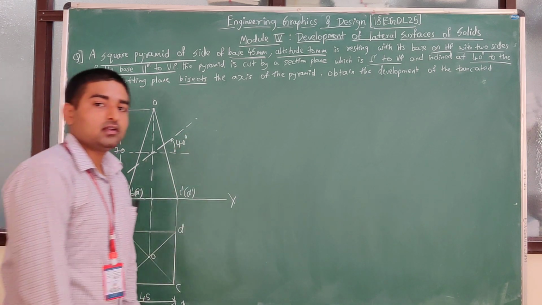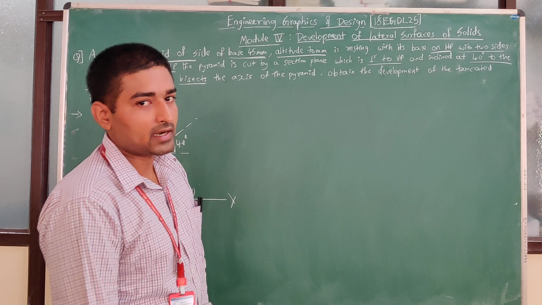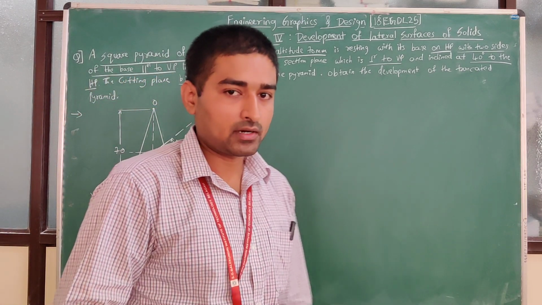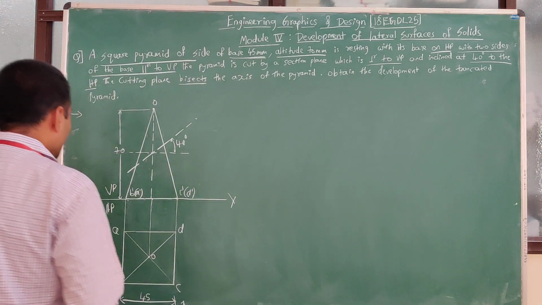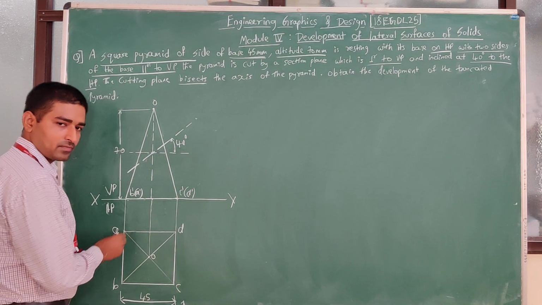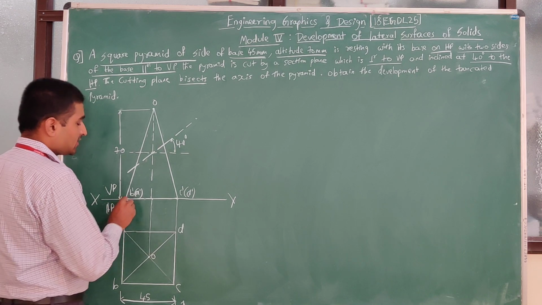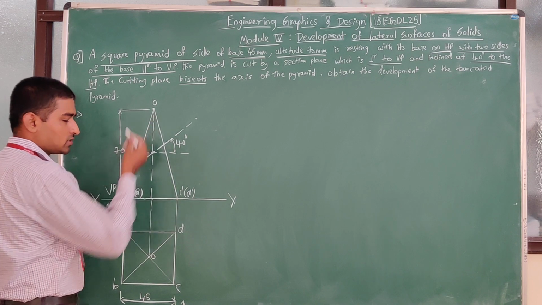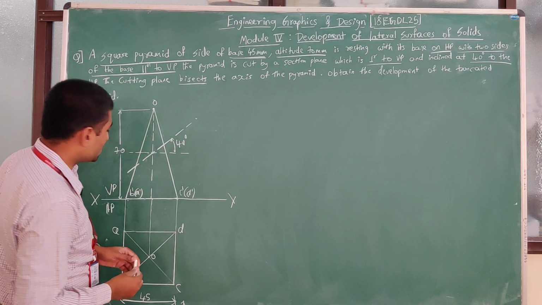Now let us start with the naming part, because I told you that namings are very important, because without that we cannot develop the development part. Okay, so let us start with the first example, that is A, right? Whatever edge length is there from here to here, that is nothing but A to O. Even B to O is the same thing, but they are overlapping on each other here, right?